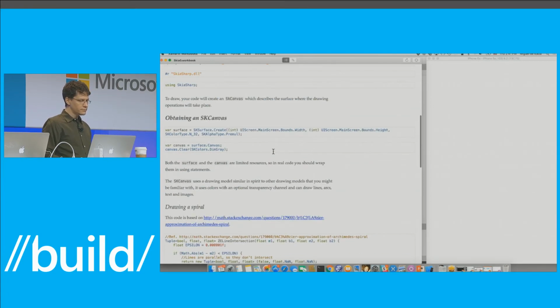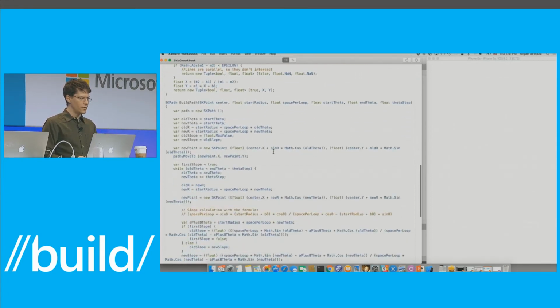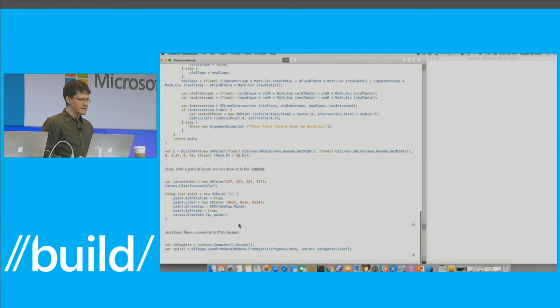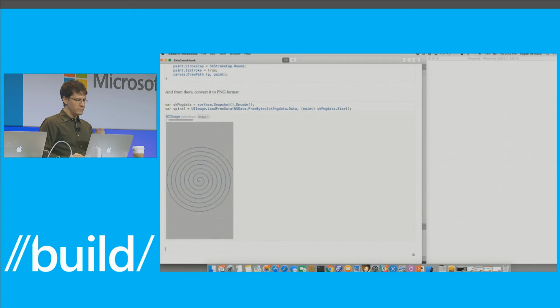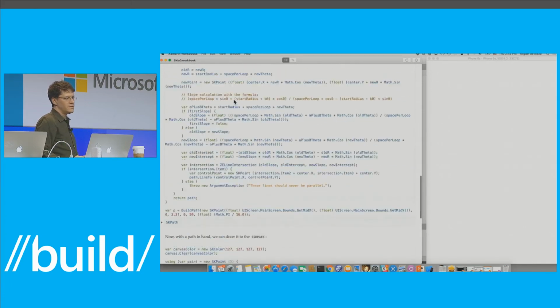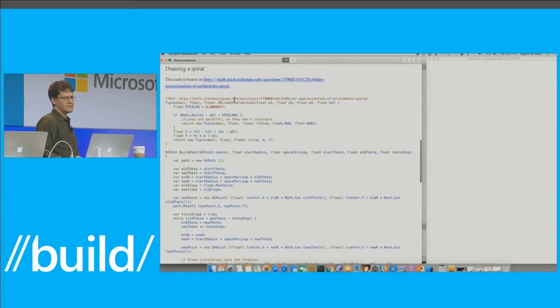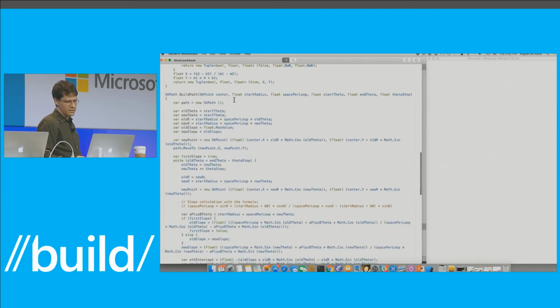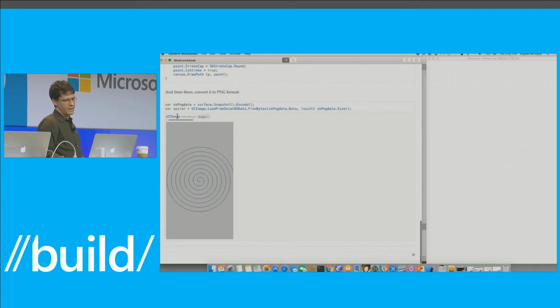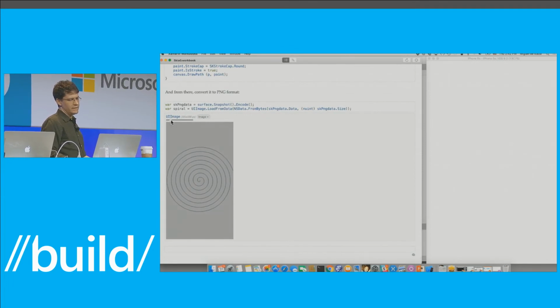And it walks you through the whole process. In this particular case, I'm just going to go right to the end and execute the whole thing. So this little function draws a spiral. You would think that drawing a spiral would be easier, but I guess it's not. And this is one of those cases where you can actually see the value of rendering the alpha, right?